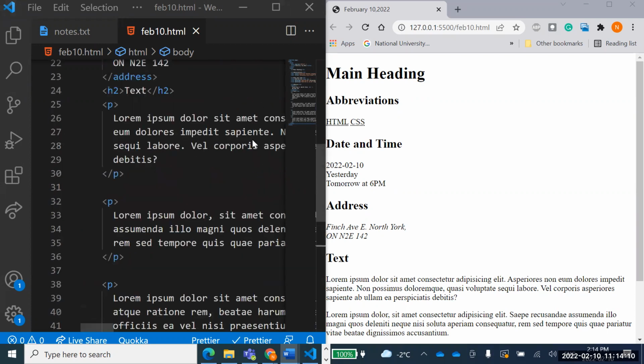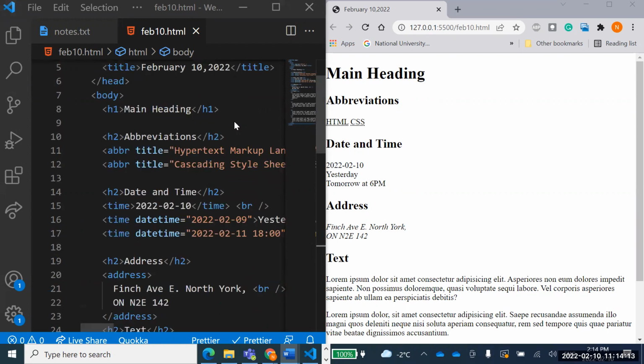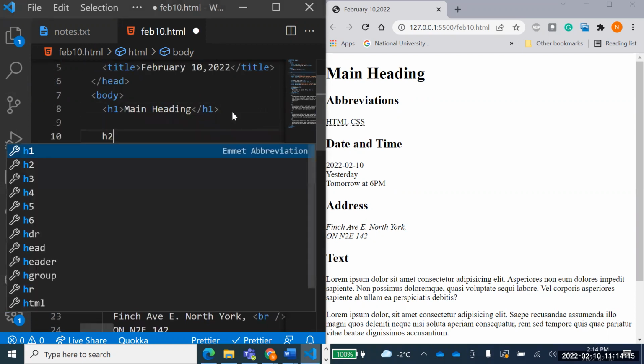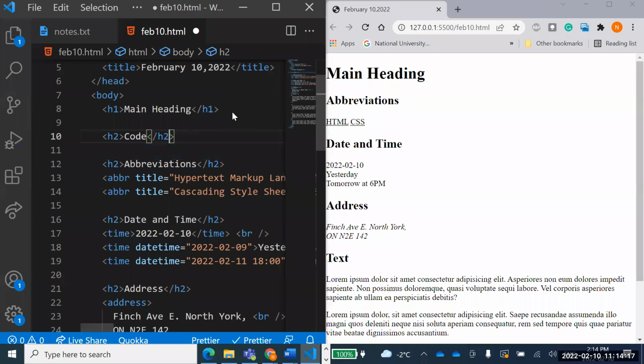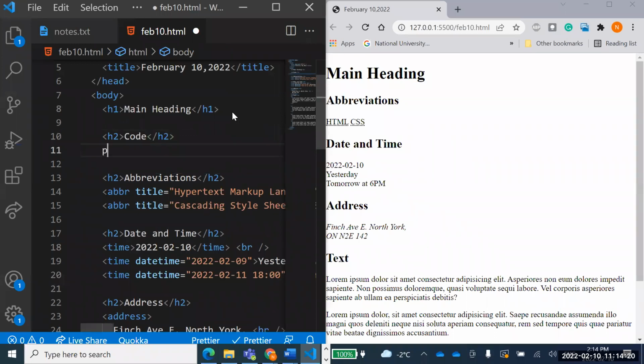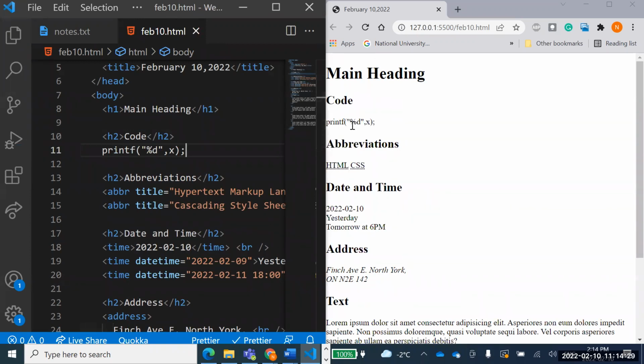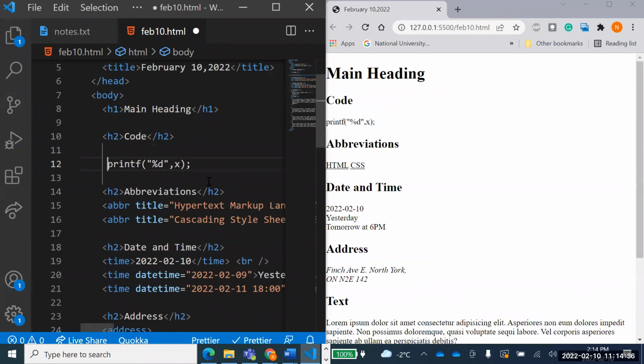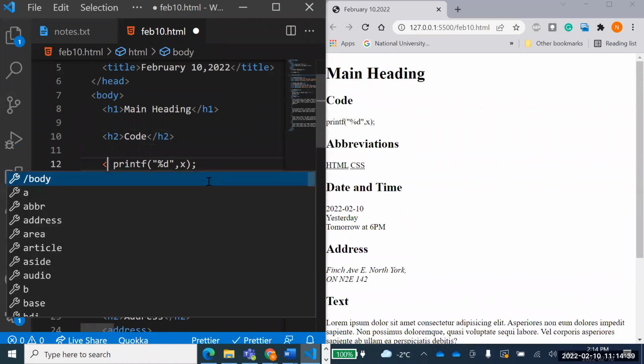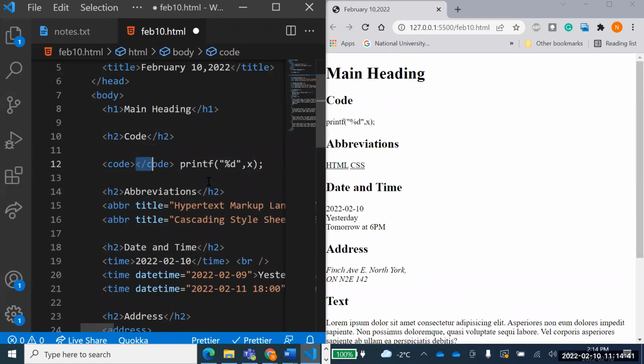Now there are some other tags as well. There is another tag for writing code, and that's very interesting. For example, you have done printf in C language. If I write %d and I write x, you are familiar with this type of code. When I've written this, it looks very odd, very sluggish. Rather, we have a tag in HTML for that. What is that tag? It is the code tag. So if I put this all inside the code tag,